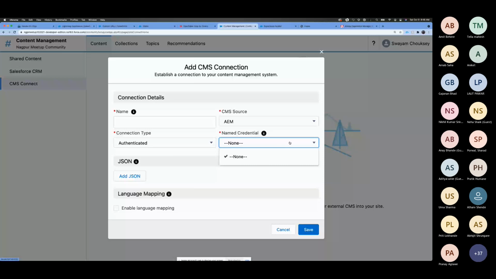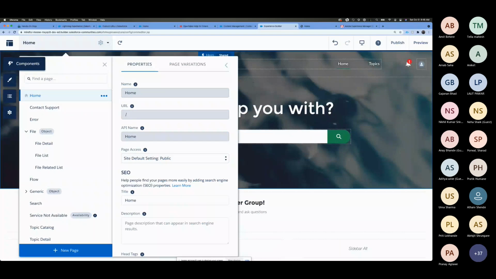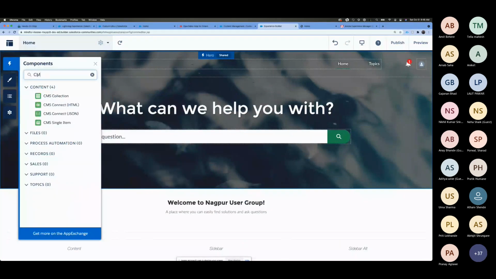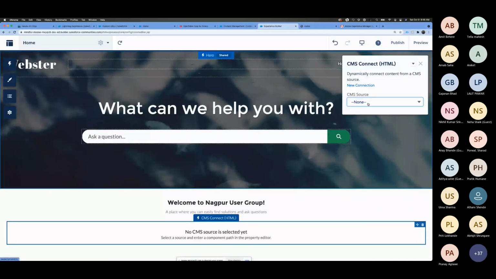Once you set up a CMS connect here, there are standard components available. You can see CMS content available, and you can simply drag and drop and configure those. Once you create a CMS source, it will show you all the options where you can have your own header, your footer, or show a blog from there. So this is how you can do the CMS Connect. If required, after this meetup, I can share a blog link from Adobe, which has all this setup demonstrated.